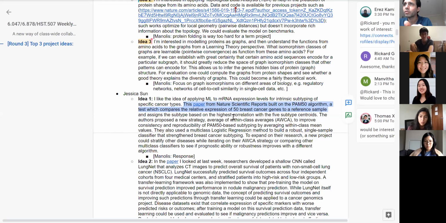Okay, the expression of the 50 cancer genes. Great. I love it. Multi-class logistic regression, robust single cell. Stratify the disease by other diseases. Okay, so yeah, iterating on their strategy. Sure. So yes, mostly reusing the algorithm on new data. The novelty is not super high, but and then the challenge might be